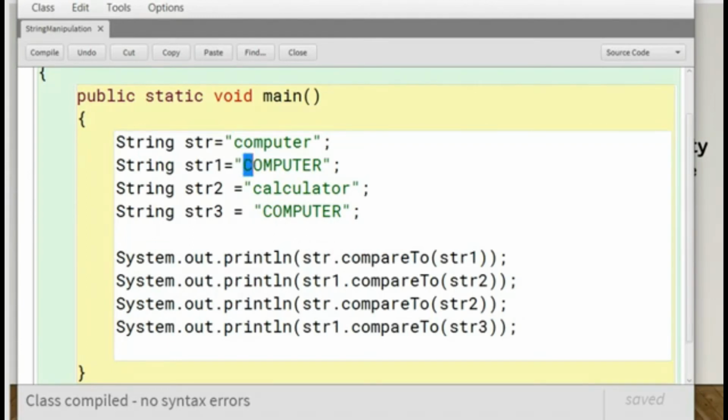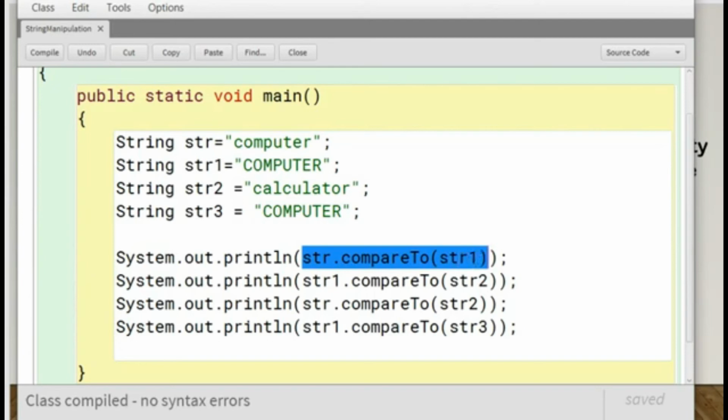So actually we are finding the difference between the ASCII code of small c and that of capital C. Obviously the ASCII code of small c is greater than that of capital C. So after executing str.compare(str1), this function results in a positive value.